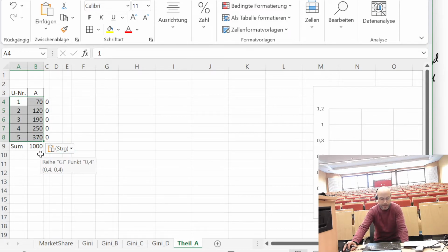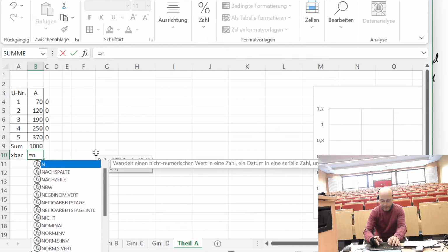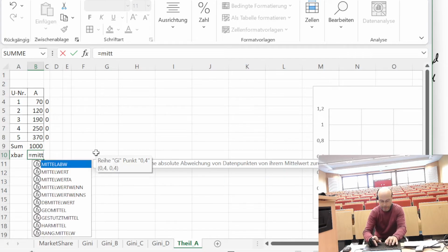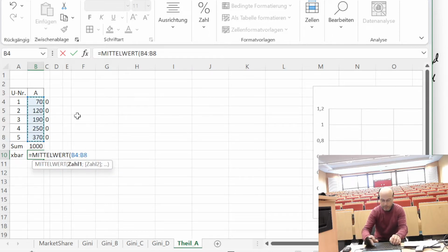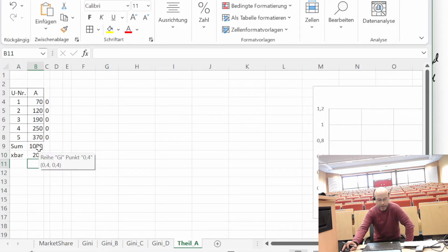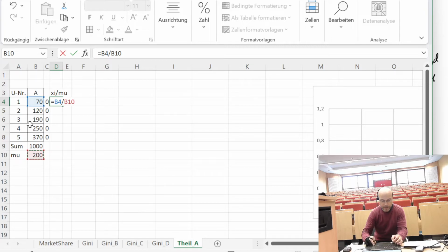We need, of course, at first the average, so x bar, and this is using the formulas just the medium value, so the average size is 200, and this is our mu, I defined this, and then we need here xi over mu, so our 70 divided by 200,